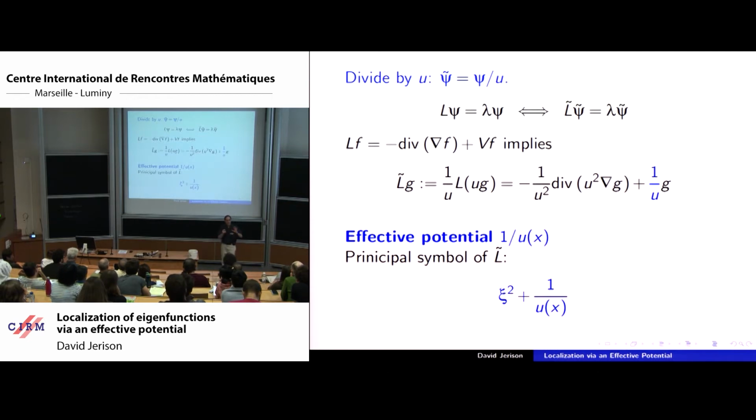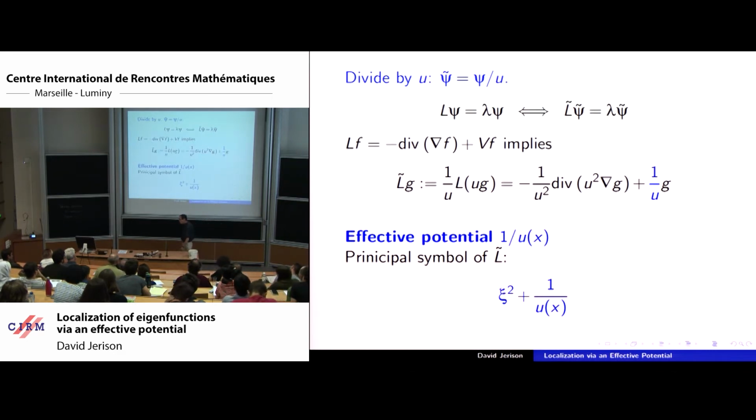This is a weird compromise, and it takes a long time, and we're not fully through with understanding it. But this extra energy term, which will matter to us, is not so far from the ordinary Laplacian, because u is fairly smooth. It's a lot smoother than V was. V was this very discontinuous thing, but u is a little smoother. So it's not ridiculous to make this approximation of the top order term, to commute the divergence and the u squared factor. All right? So here's the principal symbol.